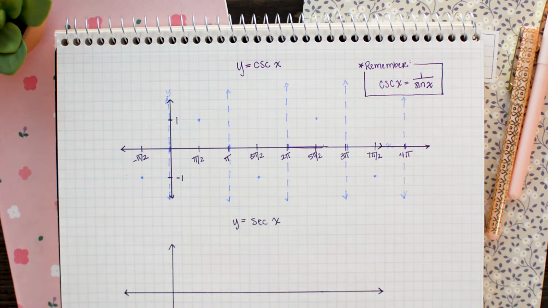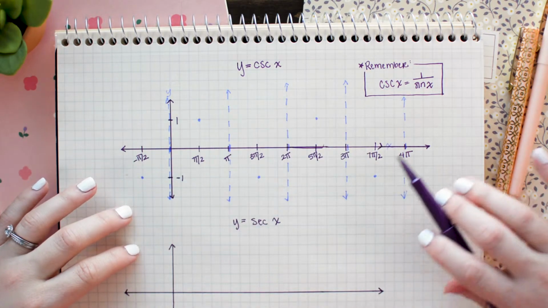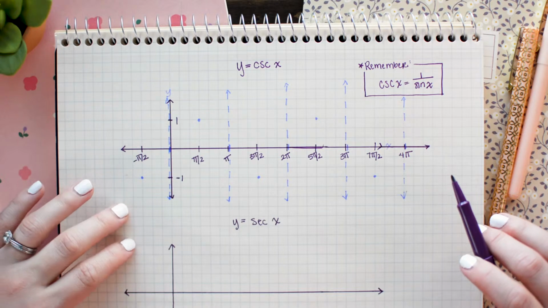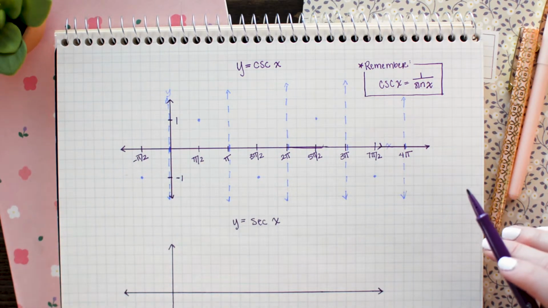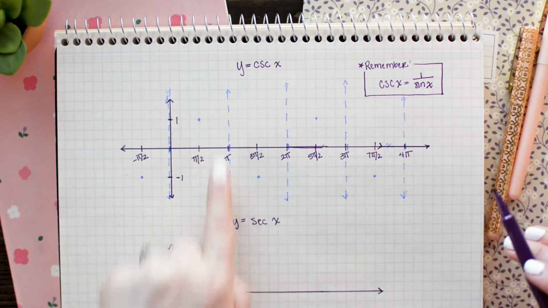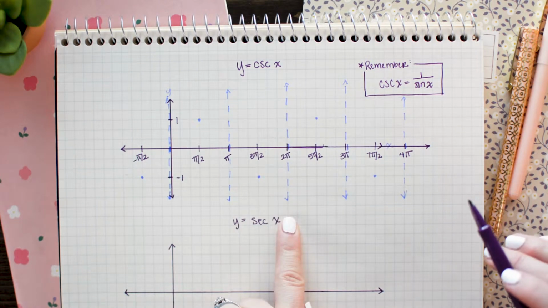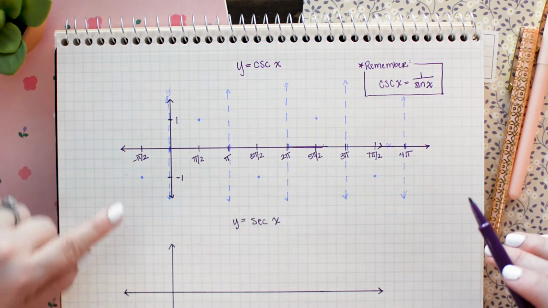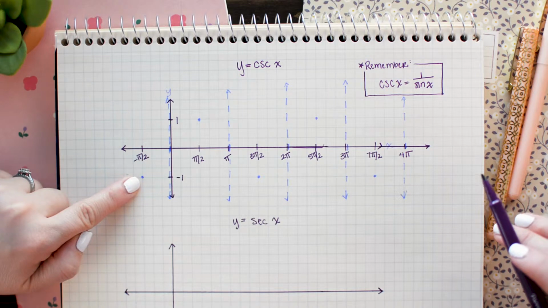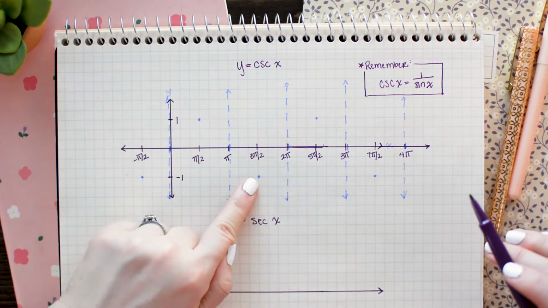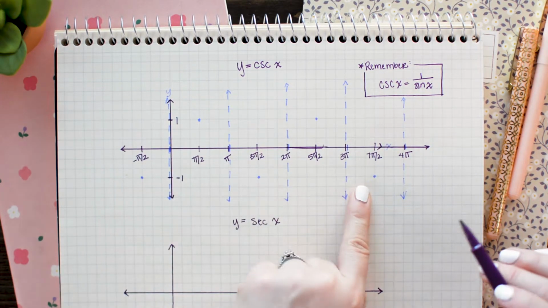All right, we're almost there. So the next thing that we're going to do is fill in these little cosecant curves. And cosecant is a discontinuous graph. So that means it's not one solid smooth curve like we had with sine and cosine. It's more like tangent, right? We're going to have all of these divisions where our curve never crosses. So these points that are left over from our sine graph are kind of the anchor points of our cosecant